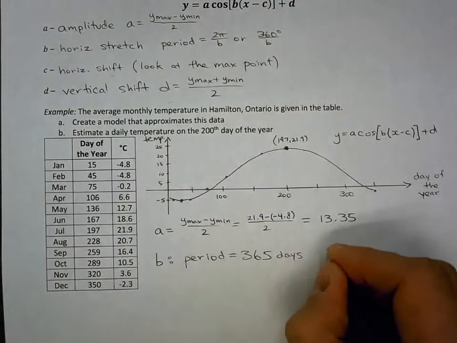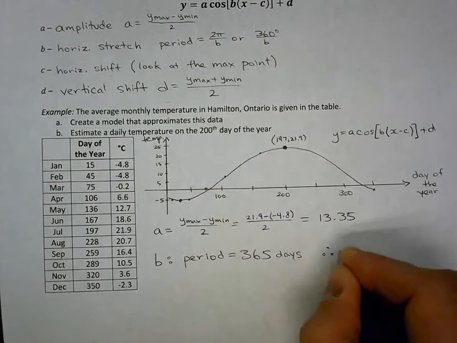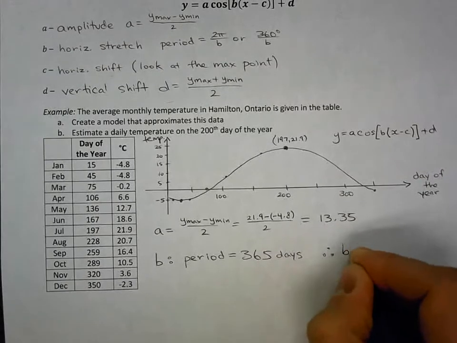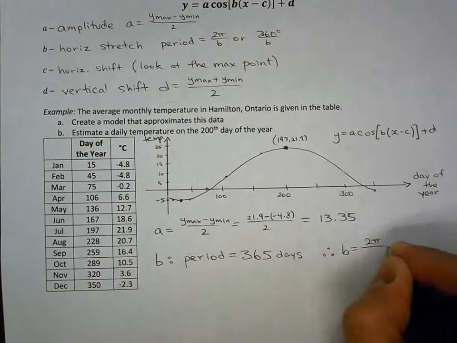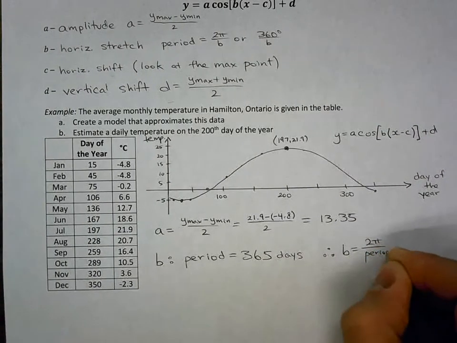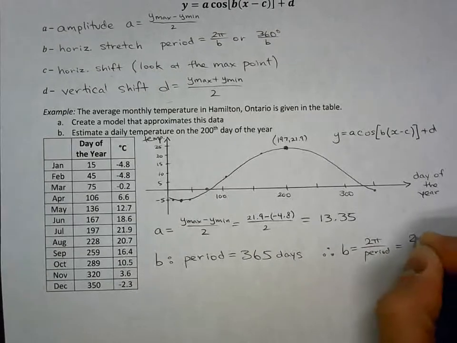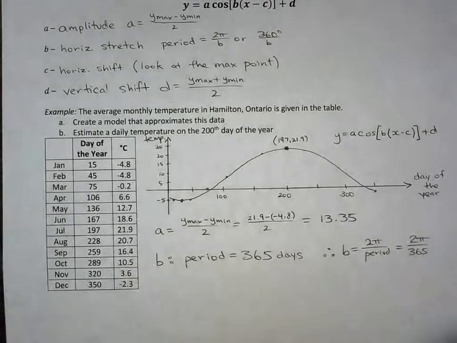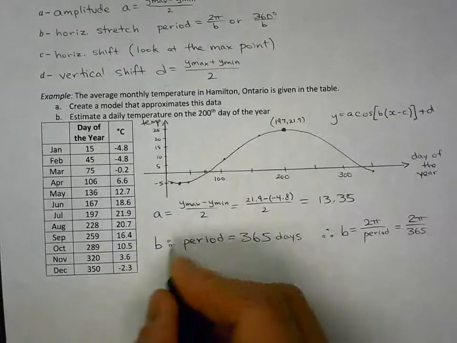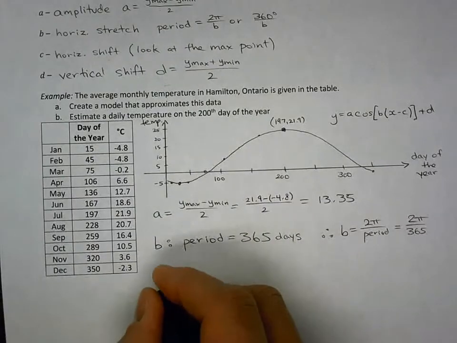That's okay, we're going to assume there's no leap years. So now if I rearrange that equation, B is equal to 2 pi divided by the period. So that gives me 2 pi over 365. And let's just leave it like that. Now we need to find C, the